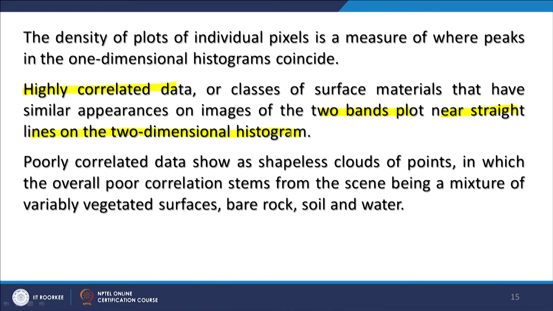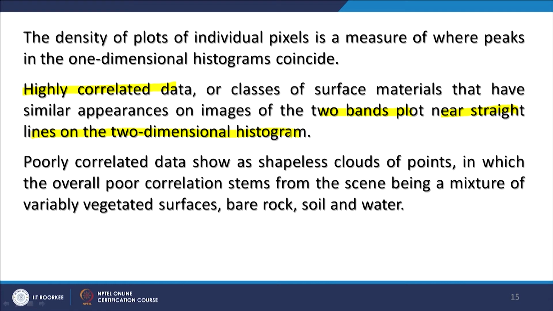So, if there is a choice to drop one band for my color composite, I can do it very easily if I find that two bands, say Landsat MSS 4 and 5, are highly correlated, and in the color composite I need only 3 bands. One band I can drop, because they are highly correlated and there is no need of putting them in my color composite. So, this correlation among bands is also important in multispectral analysis.